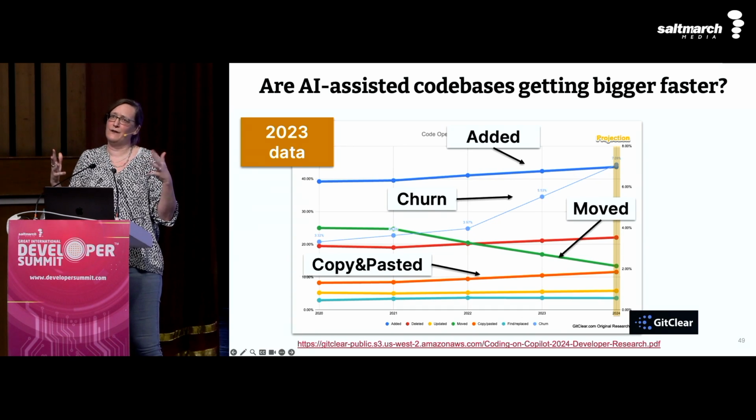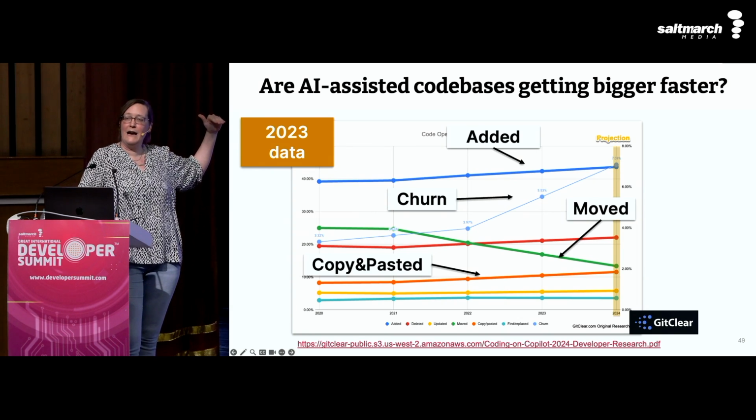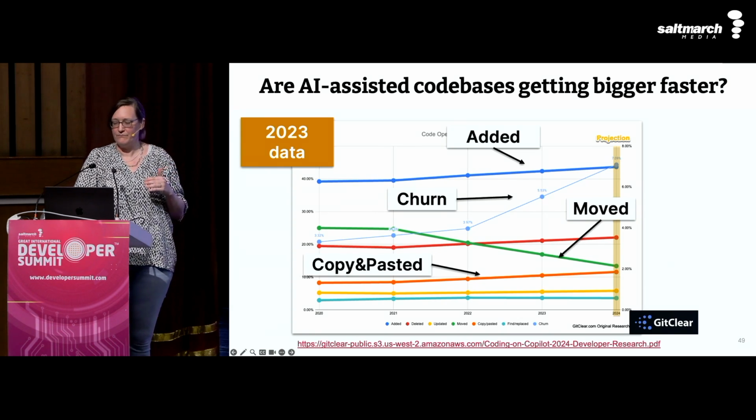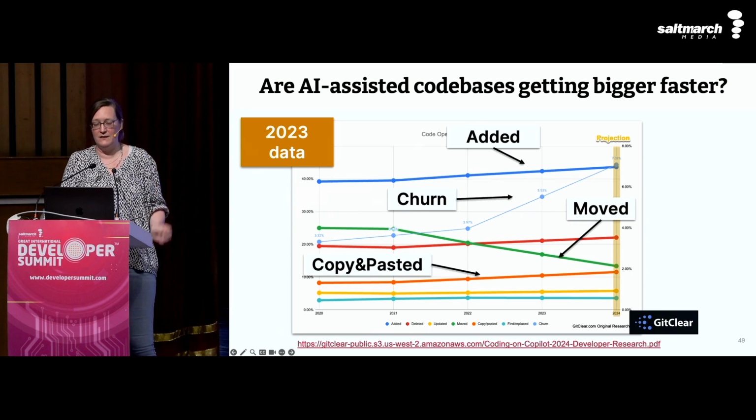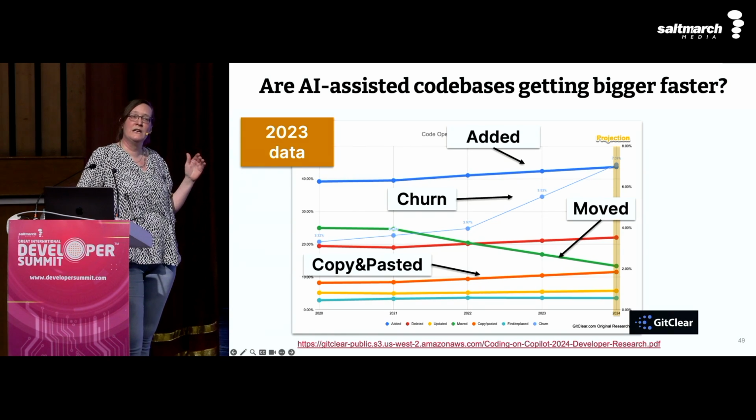Which is often a sign of, oh, we actually didn't do what we meant to be doing, right? And moved is often a good sign of how much refactoring is being done. It's not 100% that's always the case. But this was data about 2023 that they published, kind of saying, you know,